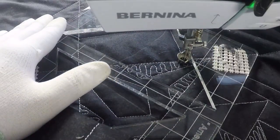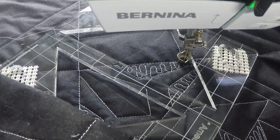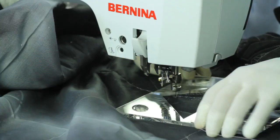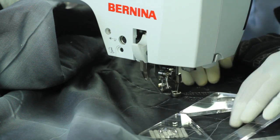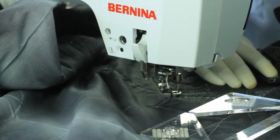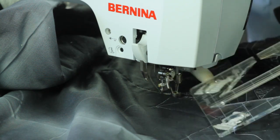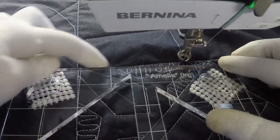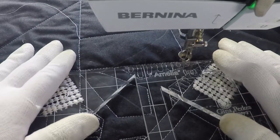Now here, this is going to be a stopping point. If we want to stop and cut our threads, we're free to do that. Or if we want to backtrack a little bit, we can take the ruler out, lower the foot again, and use one of the straight edges of the Amelia ruler as a straight edge to travel along where we've already stabilized the quilt. I'm going to travel along that edge there,